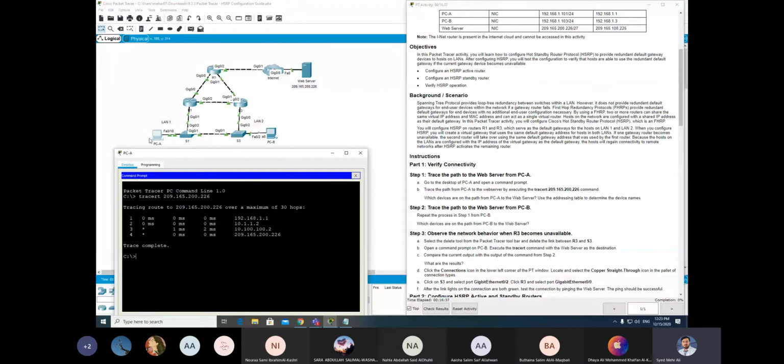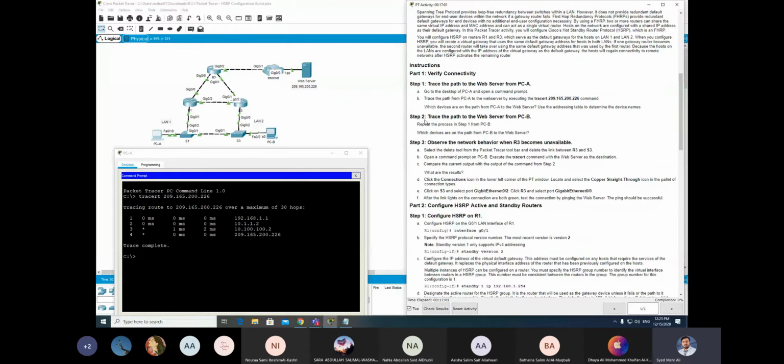So you need to type the answer: from PC1 to router 1, router 1 to router 2, to the INET, then it finally reaches the web server. Based on our trace route command, we came to know that your packet will take this path to reach the destination. So this is the first thing.